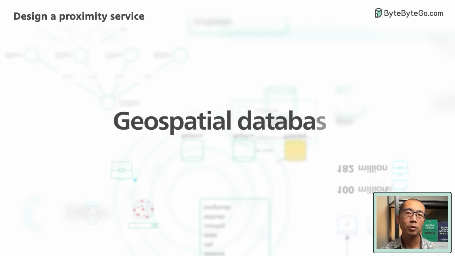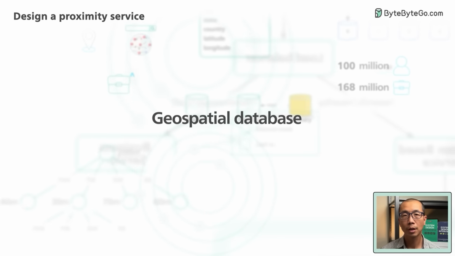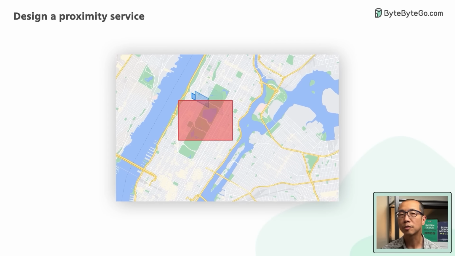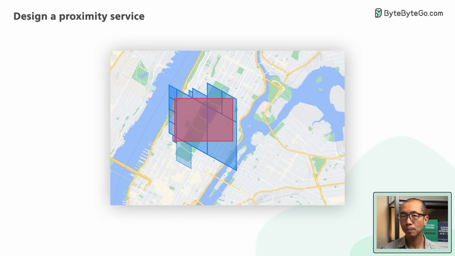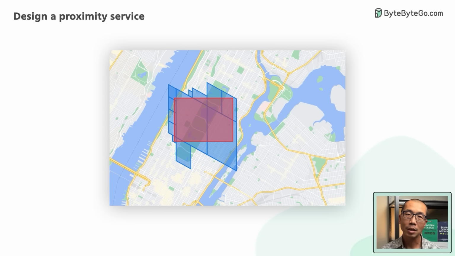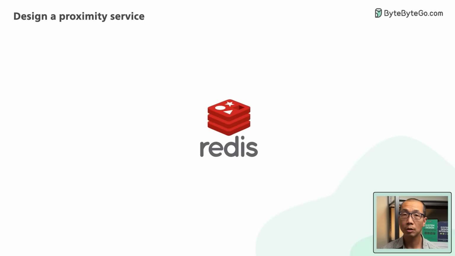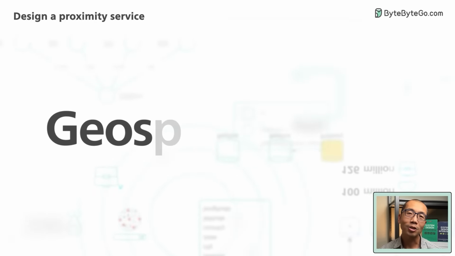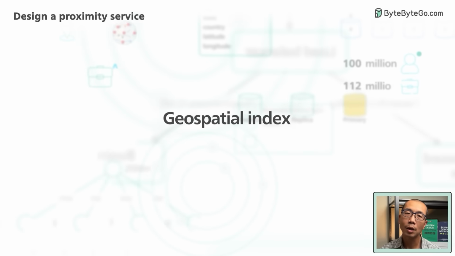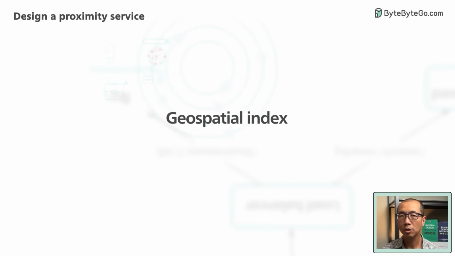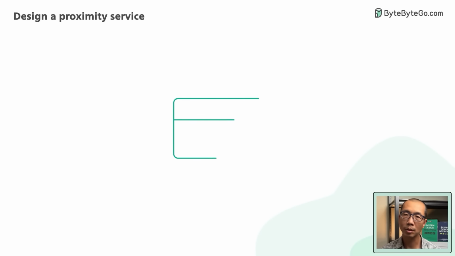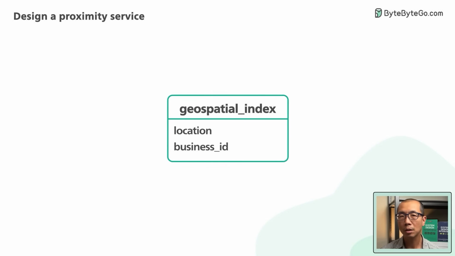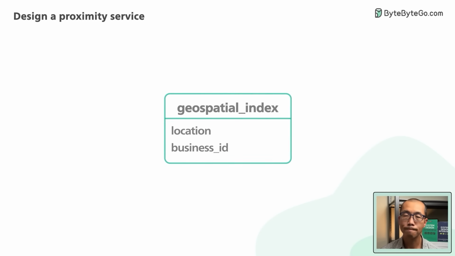Let's discuss what database to use to power the location-based search. There is a class of databases called geospatial databases that is optimized for storing and querying data in geometric space, like location data. Some examples of these databases are Redis GeoHash and Postgres with PostGIS extension. To understand at a high level how these databases work, we'll take a bit of a detour and discuss the common algorithms behind the geospatial index that powers these databases. This knowledge could help us choose the right solution for production environment.